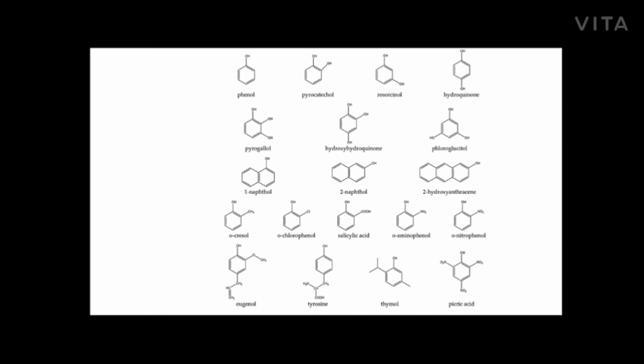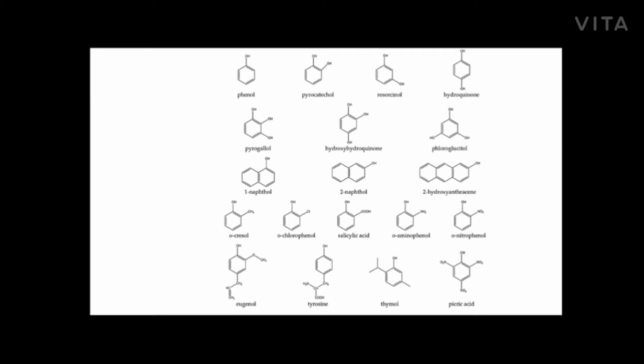If I talk about the common phenols, we can have a number of examples. If you see, there is phenol, the basic phenol, which is benzene attached with the OH hydroxyl group. Then we have pyrocatechol, then resorcinol. If the two OH groups on the benzene ring are in a meta position relationship, it is resorcinol, and if they are in an ortho position relationship, then it is known as pyrocatechol or simply catechol, right? If the two OH groups are at the para positions in a benzene ring, then it is known as hydroquinone, or basically quinol.